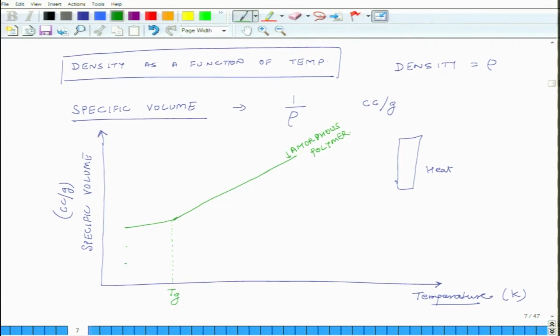Initial density of semi-crystalline materials is going to be higher. So initial specific volume will be less, and as I increase the temperature, the volume is going to increase because things are going to expand, but it doesn't do much, it increases slightly,